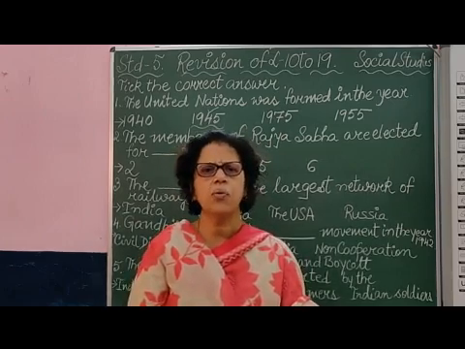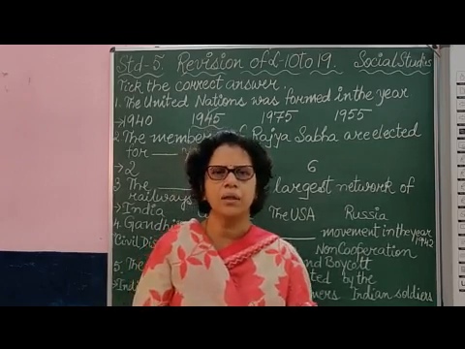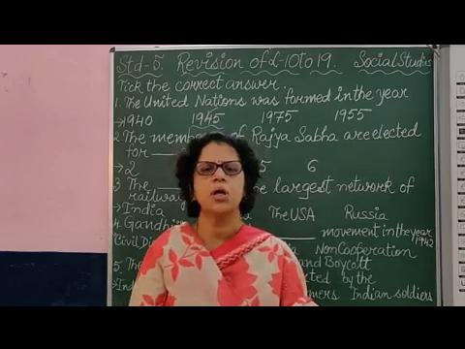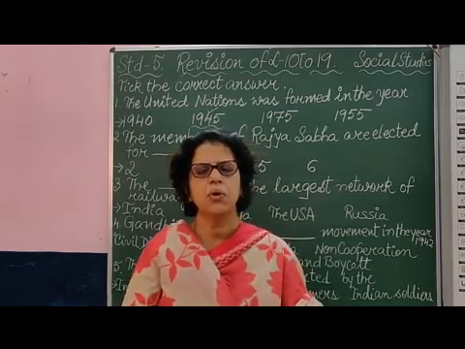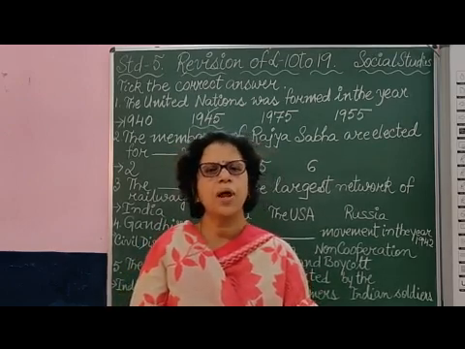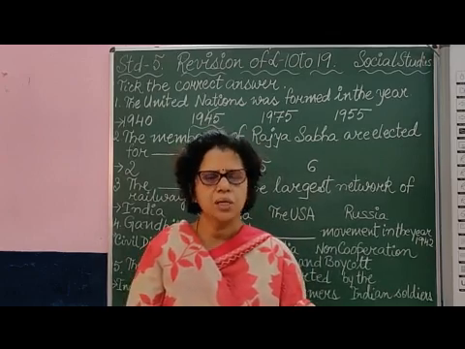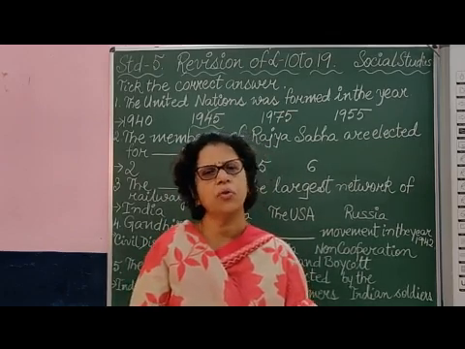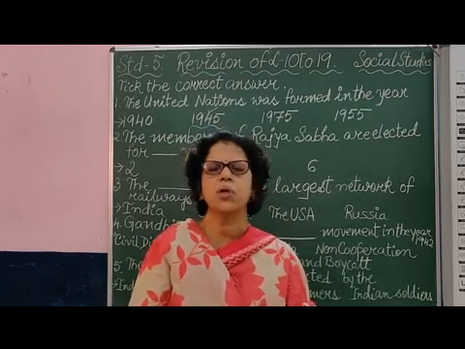So after the Second World War, most of the countries, especially the European countries and America, the USA, felt that there is a need of a neutral organization which will maintain peace in the world, and solve the disputes which will rise up between the different countries. There will be disputes, and those disputes will be solved by this United Nations. And so it was formed on 24th of October 1945 and it was formed in San Francisco in the USA.